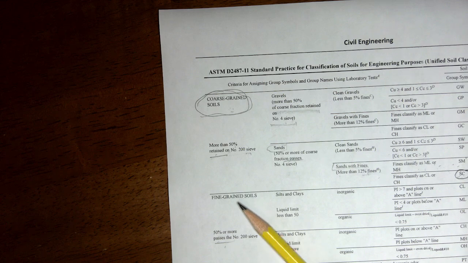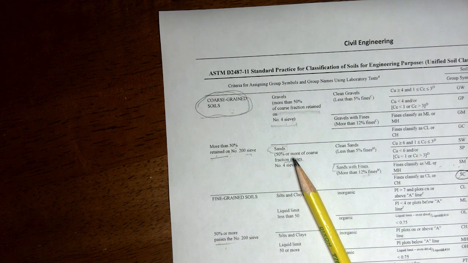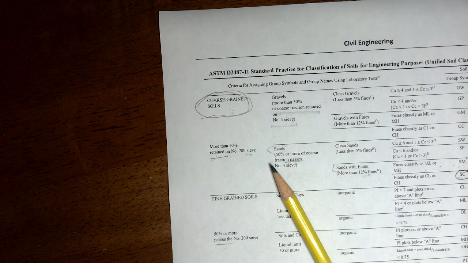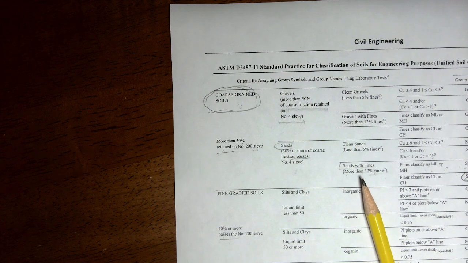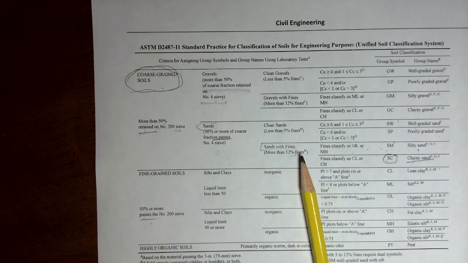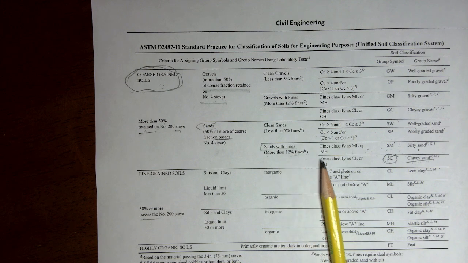If you have more than 50% fraction passing the number 4 sieve, we had 15.2 passing. And that, which is greater than 12, tells us to go to the block labeled sands with fines. So that's what we do. We go to the block labeled sands with fines. So here we are. Now, the sands with fines, we know we have a sand, but it has fines in it. So we classify it